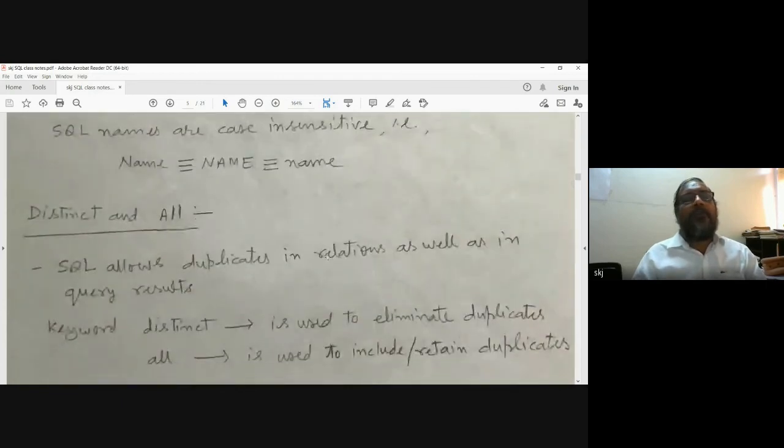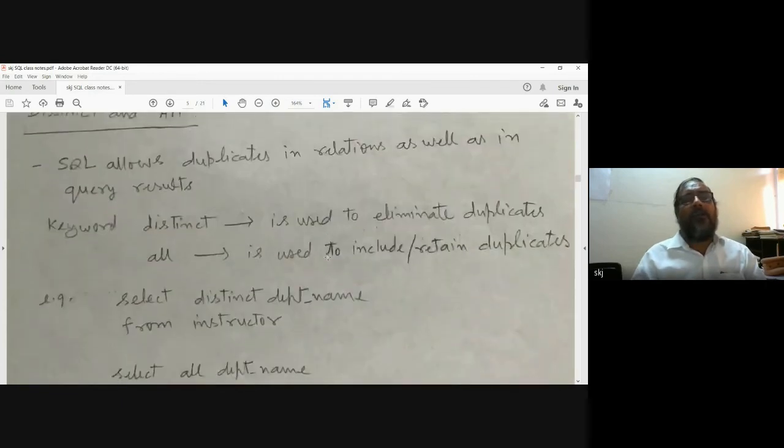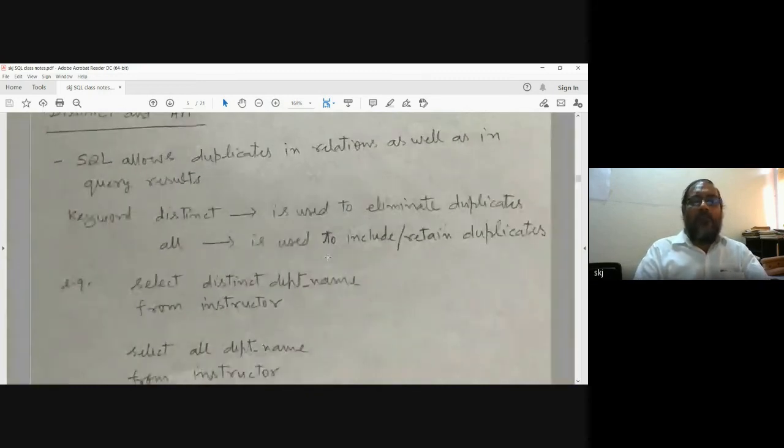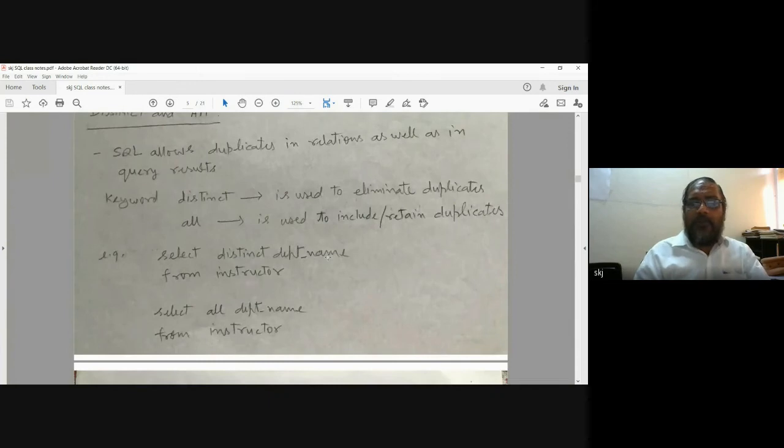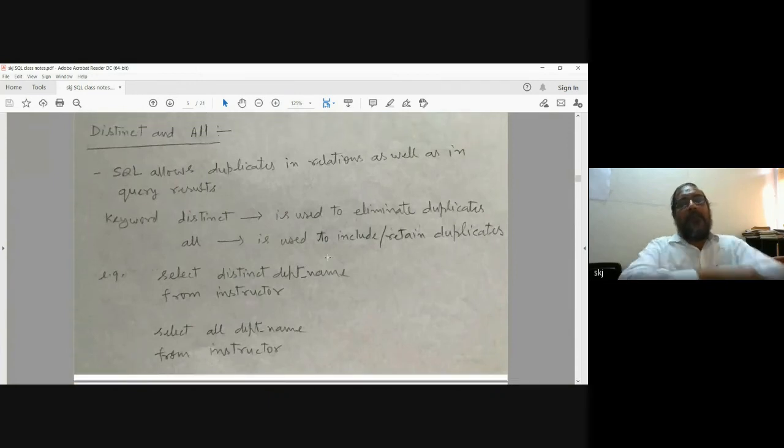Now two keywords, distinct and all, are used in SQL. You might know the definition of a set. A set is defined as a collection of well-defined things. In a set, all the objects should be unique. Repetition we do not allow.